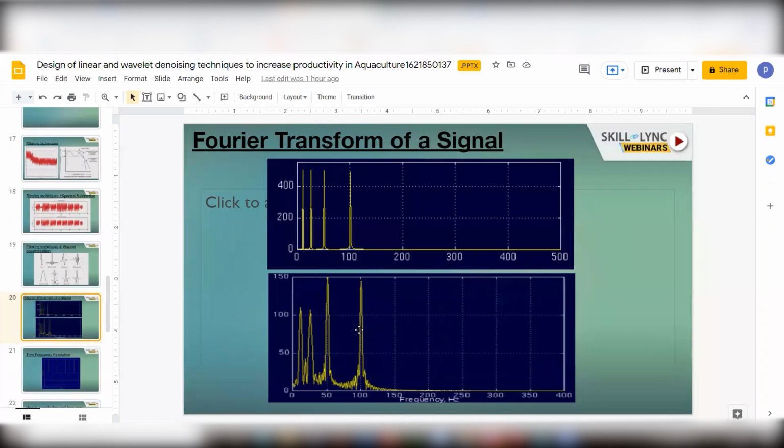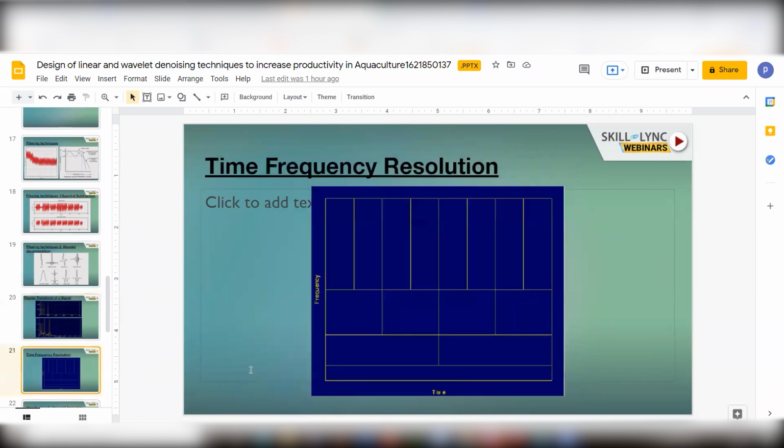That is of no use to us, because once we gather the signal, we need to know at what time the frequency arrived. That will help us in localizing and separating the noise. So the Fourier transform doesn't provide both time and frequency resolution, but we need both. How do you define them? In the Fourier transform, there is zero time resolution in a frequency signal and zero frequency resolution in a time signal. But what we need is a midway where we can know both time and frequency resolution.